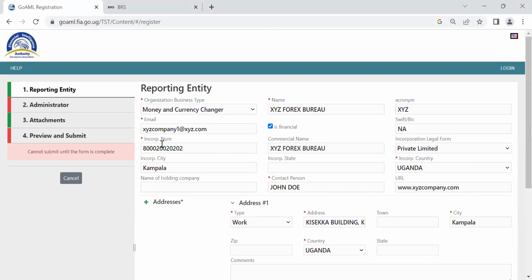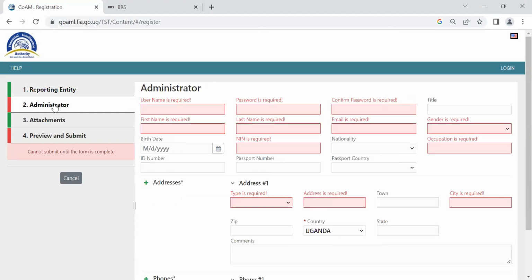After you've finished, here you scroll up. We are now done with the reporting entity. That's the organization. We are now going to the administrator, so you click administrator. Okay, so we start with the username. The username format is up to you. You can use your name, but it has to be one word. You can use your first name or your last name or a combination of your name or an abbreviation or your staff ID, but this is a username, one that you won't forget. Username and password are down to you.